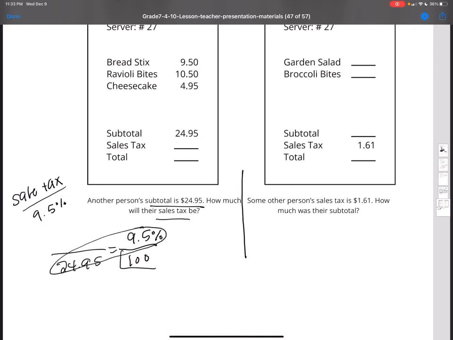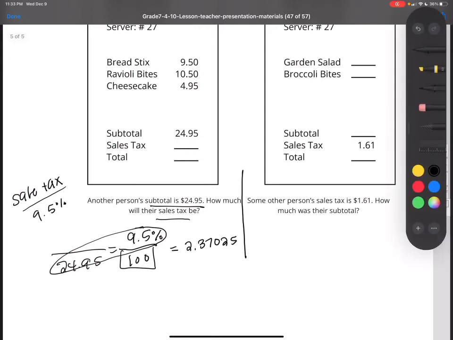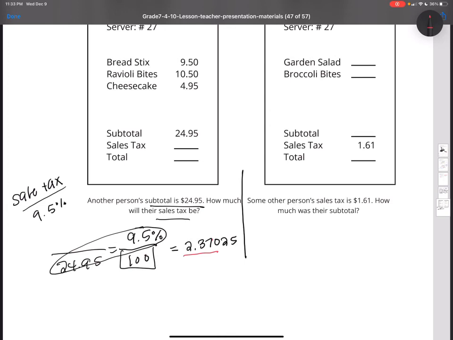So I'm going to cross multiply, I'm going to divide by 100. So it's going to be 24.95 times 9.5 divided by 100. And since we're dealing with money, we need to round to the nearest hundredth. What I mean by rounding to the nearest hundredth when we deal with money is that we don't deal with that third decimal place. Okay, so we're going to round it. And our sales tax should be